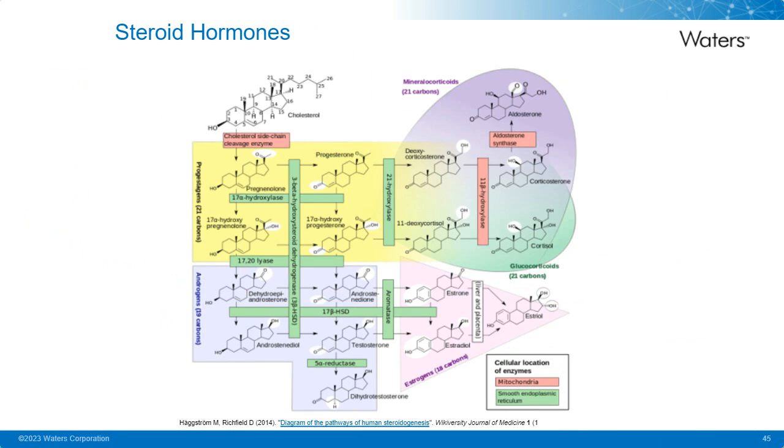So this is a graph of the steroid hormones. It's a steroidogenesis pathway as well. And you can see from cholesterol, there are the pregnenolones in yellow, the androgens down towards the bottom, the estrogens to the lower right, and then the upper right, we've got the mineralocorticoids, and they're defined and grouped by their structure and the number of carbon atoms as well.